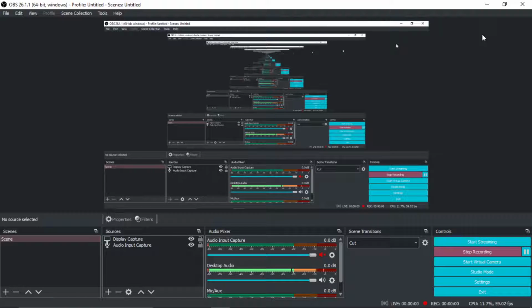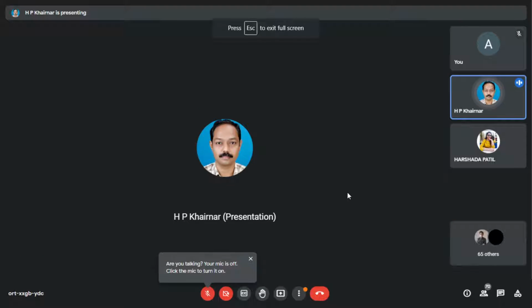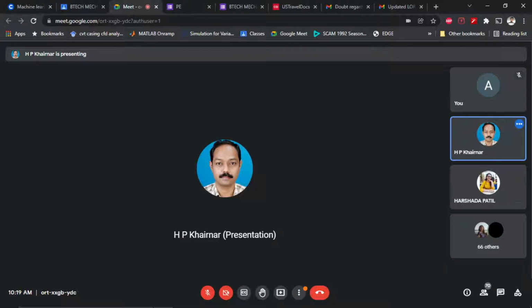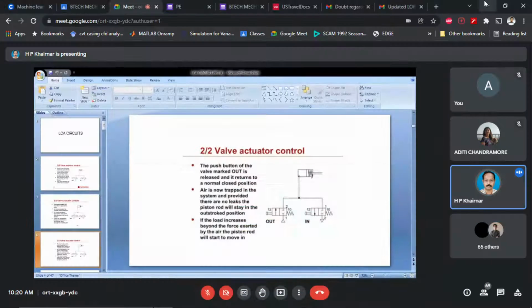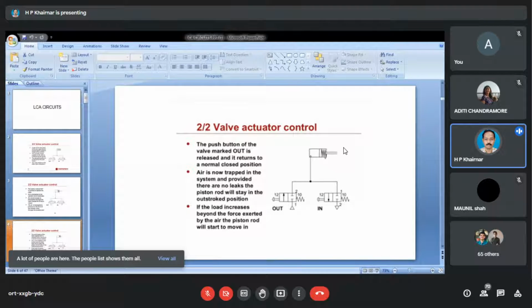We will get the same scenario, but what other changes are there? See, now they are saying the push button of the wall mount is released and it returns to the original position. So small parts can be attached to the piston end, and then you can move them from one place to another. When that load has been delivered over there, due to the spring force, the piston gradually starts moving back. And when it starts moving back, the air has to escape. So that escape again,